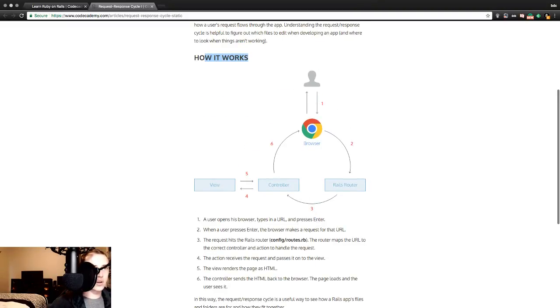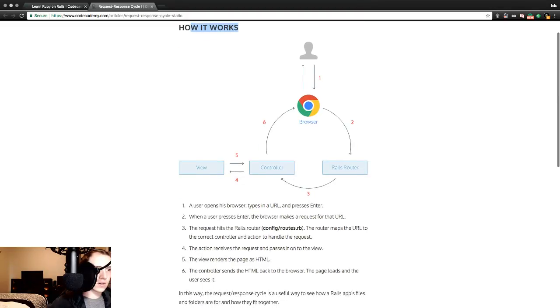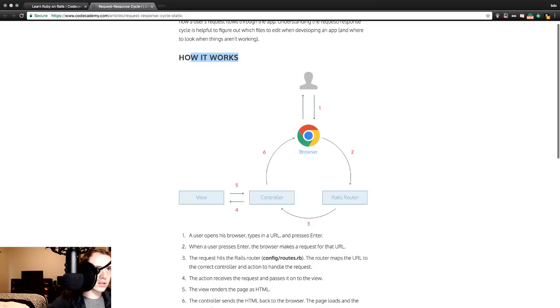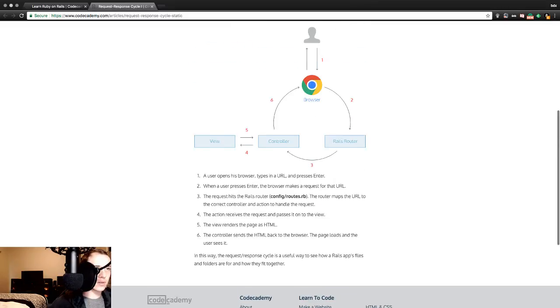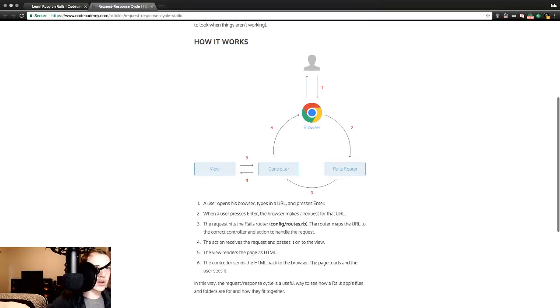We even get pictures in our story. Pretty awesome. It's a whole image. Let's zoom in slightly. All right. Great, now that we zoomed in, it's all scrolling weird. We zoomed out. There we go. How it works. 1. A user opens their browser, types a URL, and presses enter. Ta-da! 2. User presses enter, then the browser makes a request for that URL,